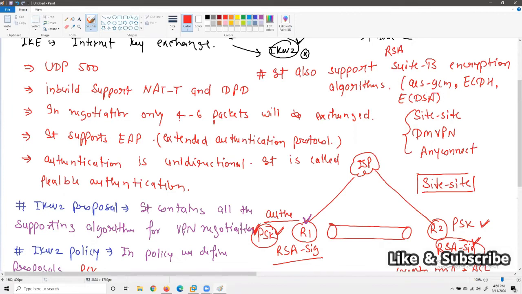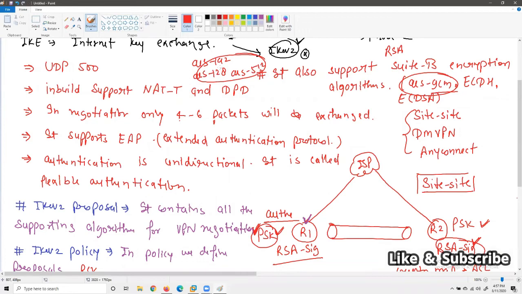They will enhance your security. AES-GCM can encrypt the packet and also calculate the hash for the packet at the same time. That's why it is better than IKEv1. If I talk about only AES 192, AES 128, or AES 256, these algorithms cannot perform hashing.